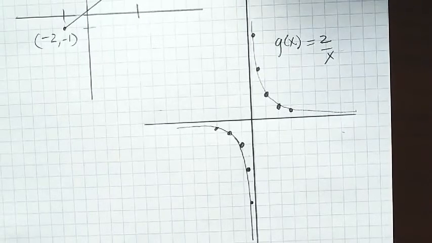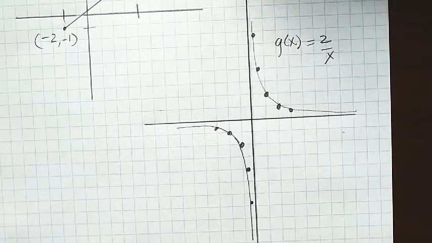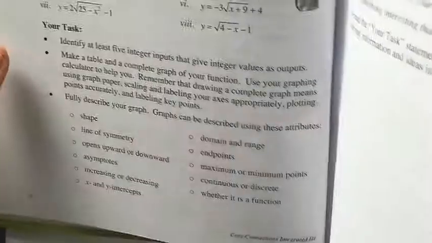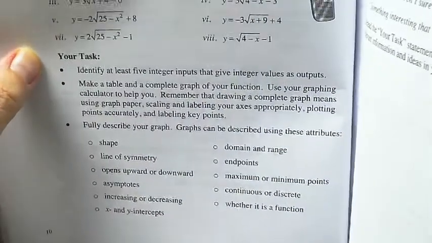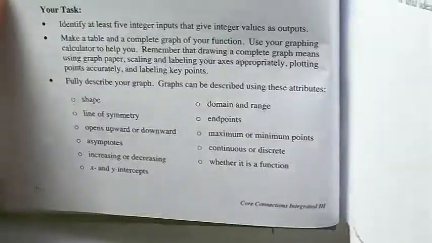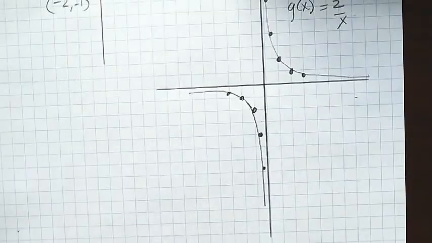And let's describe it. So I'm going to use all of the bullet points. They are in the second lesson, and it's after question 1-13. That's where I'm getting these from. So shape,